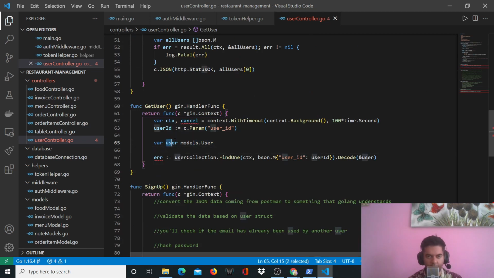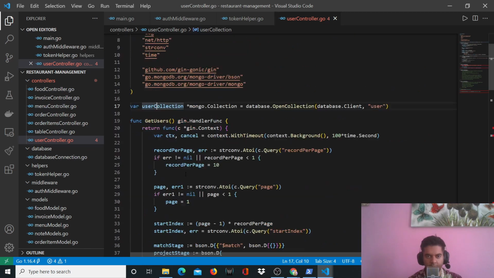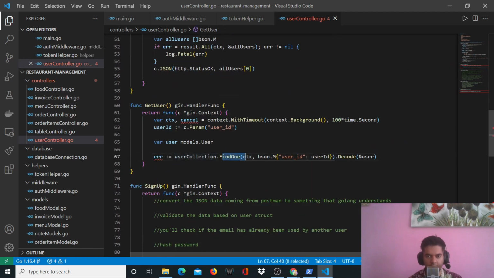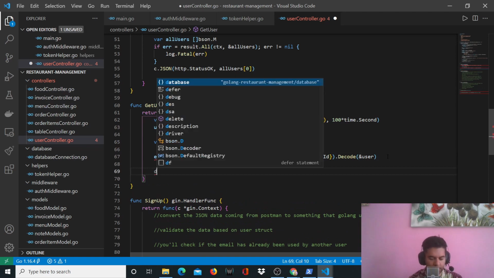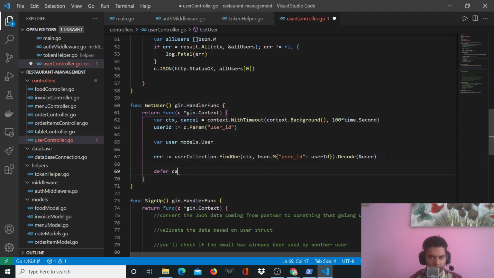Basically you're creating a variable called user, which is of type models.User, and you'll get your user ID from params, which is user_id, and you'll get your user collection that you've defined already here. You will find one for that user ID, and you'll decode it with the help of your struct, which is a user struct, right? And here you'll set it for cancel,